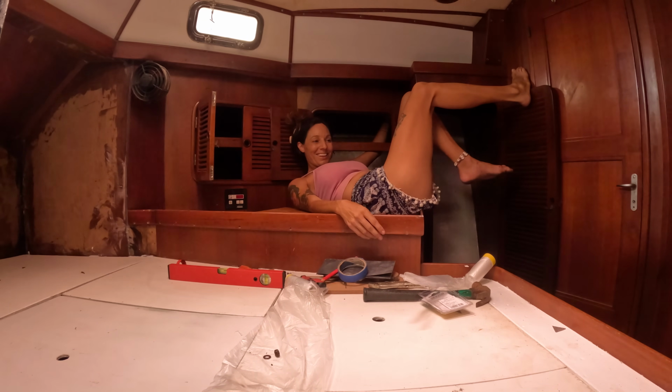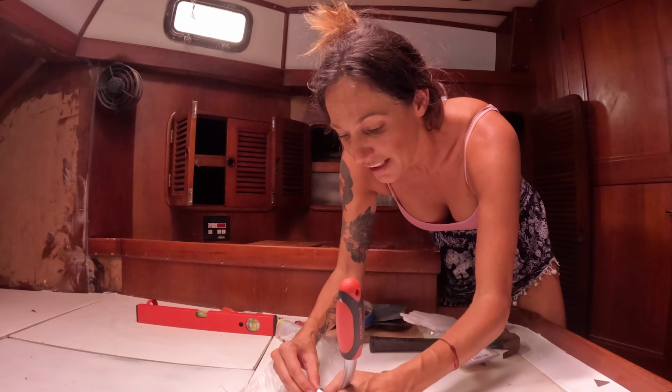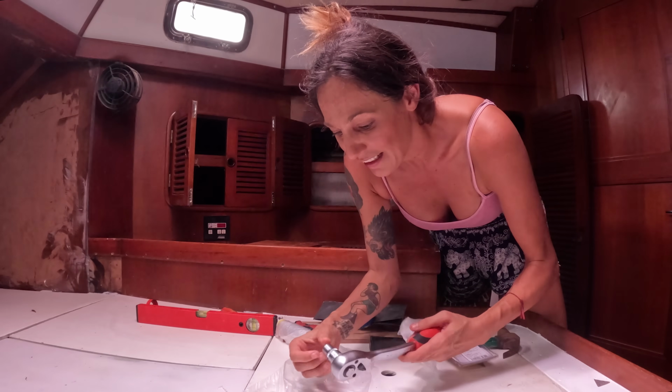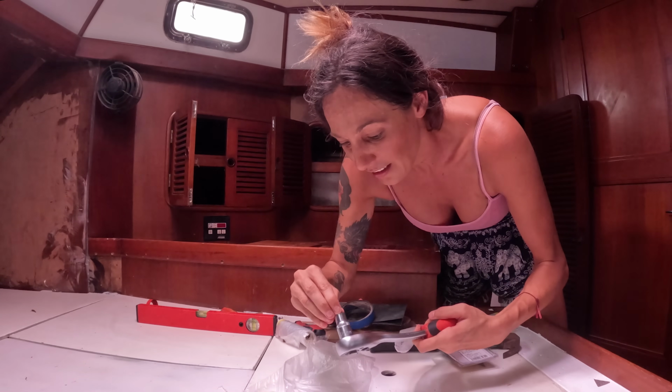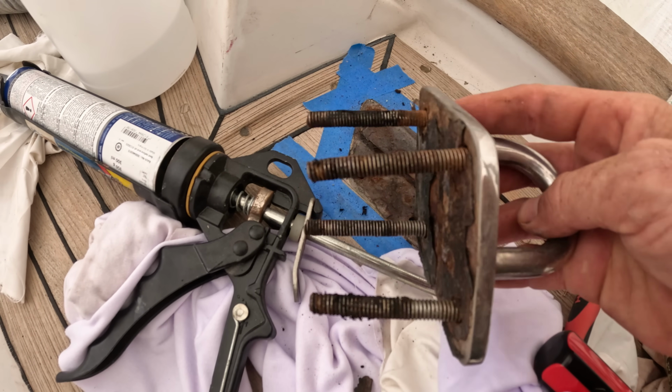2. Alright, we got 4 bolts off of one of the stanchions, and man, these look really bad. Super dirty and rusty. It just looks so old. I think the best thing to do is replace all the bolts, so we're gonna have to do some more bolt shopping. So the bee situation, we just put little pots